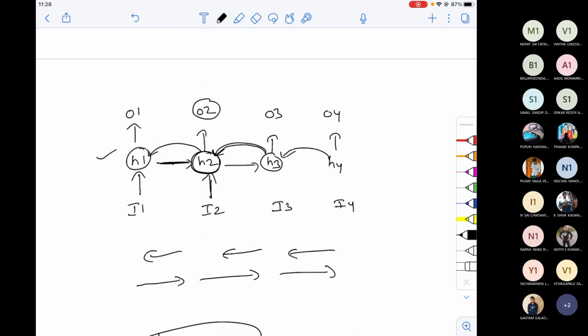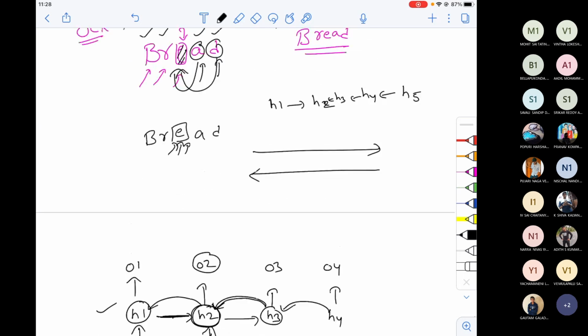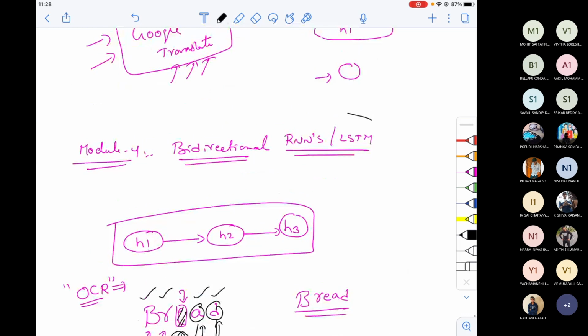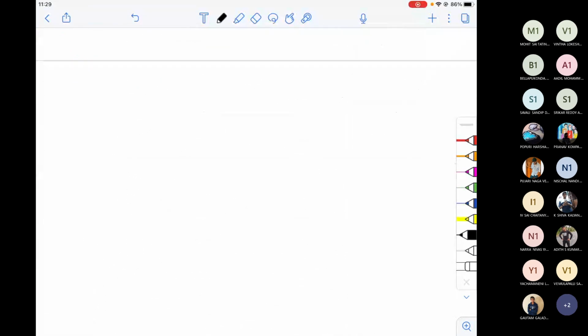Okay, so the fundamental foundation for Google to introduce BERT, even in their paper, if you read the BERT paper, they say the foundation for BERT to be used for Google search is bidirectional RNNs. Bidirectional RNNs is the fundamental building block for them to introduce BERT or any other bidirectional transformers. Okay. Now, let us try to visualize how exactly bidirectional RNNs look.